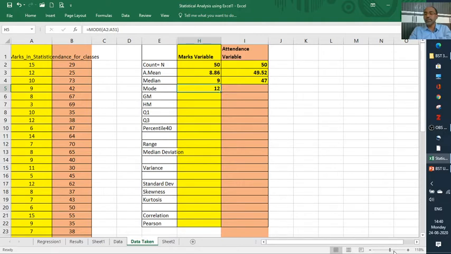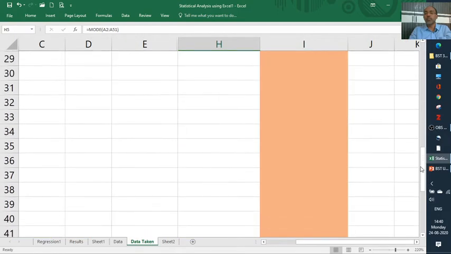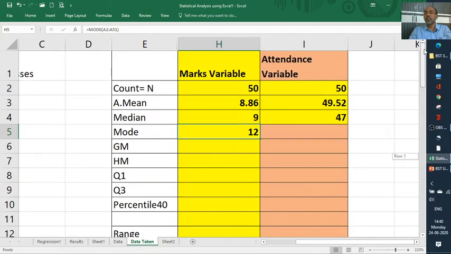So I can increase the screen also, there is no problem. Okay, so 220% I kept. So the mode is 12.